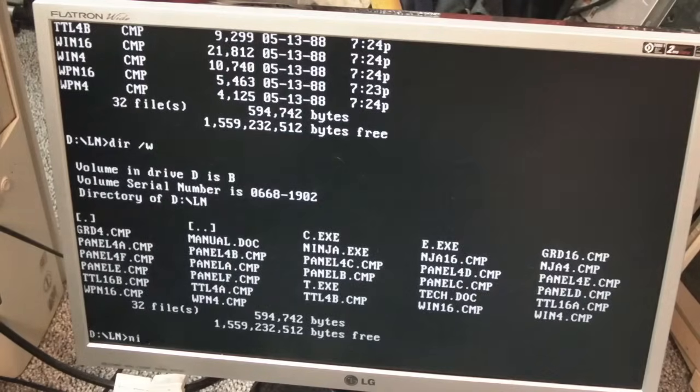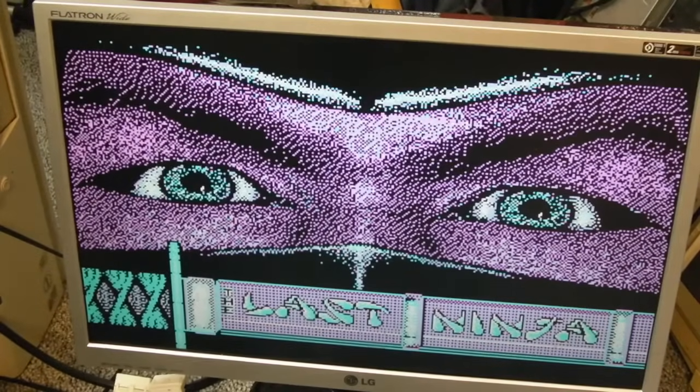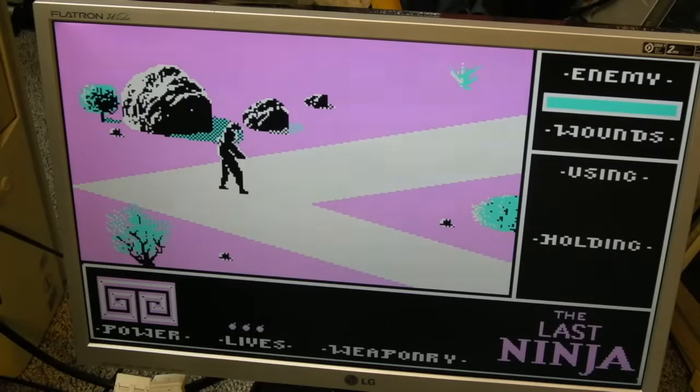So, is it just Ninja? CGA? There was an EGA there, wasn't there? Was there? Maybe I'm imagining things. Let's just quit out of that if we can again. And I'm assuming this doesn't support AdLib. We can connect an AdLib card up